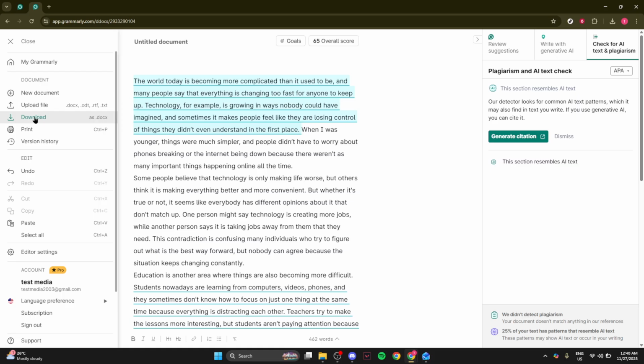or sharing. Using Grammarly effectively can transform the quality of your academic writing, giving you confidence in the clarity and